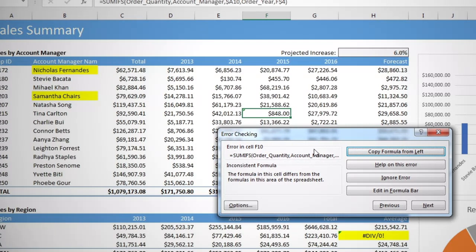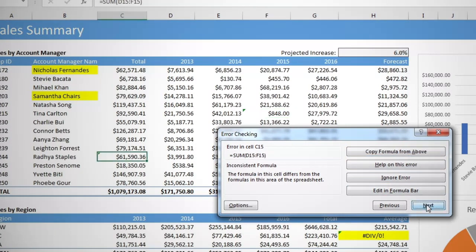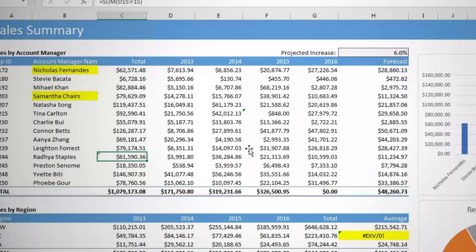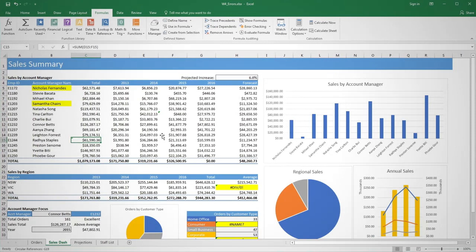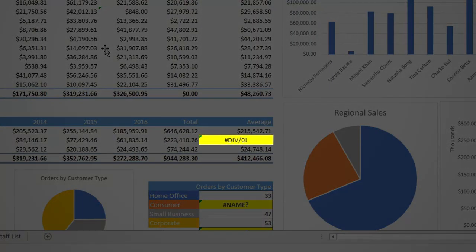If you want to then jump to the next error, you can simply click Next, and once you're done, you can close the dialog. Let's take a look at another tool. This one is really useful as an option to show formulas. Sometimes looking at a single formula on its own doesn't really help us, so I've got a #DIV/0! error here